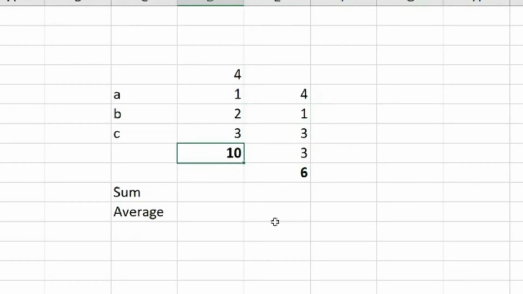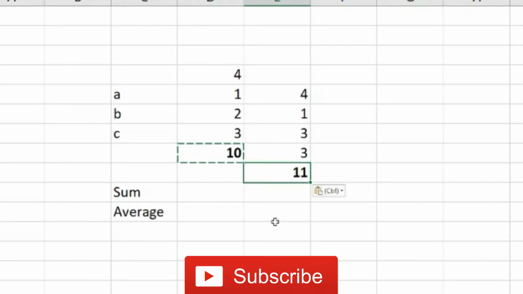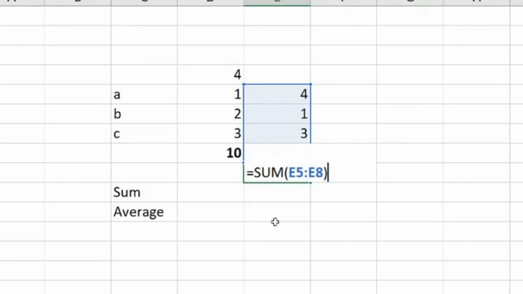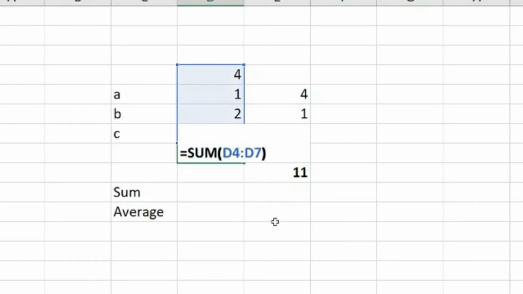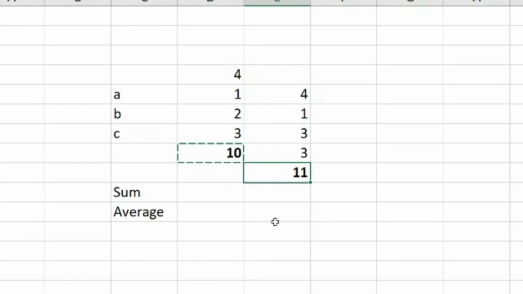So if I copy this formula here, it will give me the correct result, because now it is referencing the cells in this cell E9. It is saying that I have to sum the 4 cells above this. But if I go here and hit F4, it will lock the reference, which will make them absolute, which would mean if I now copy and paste it here, it will show me the same